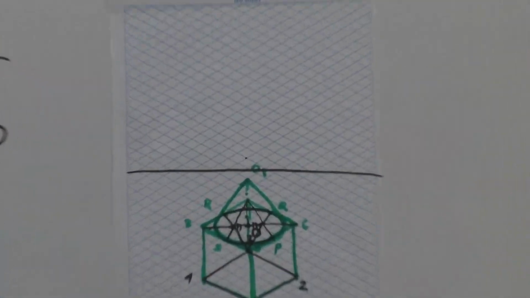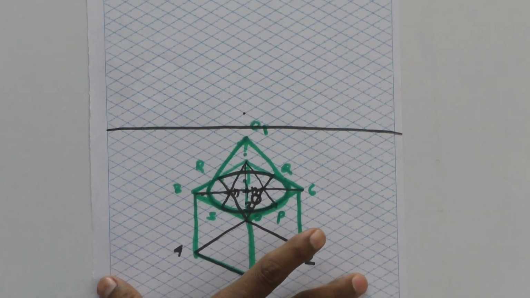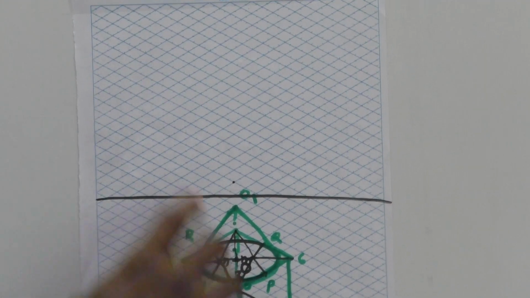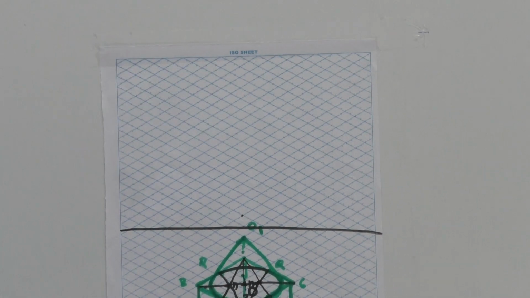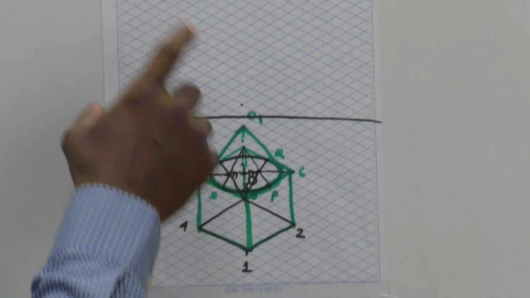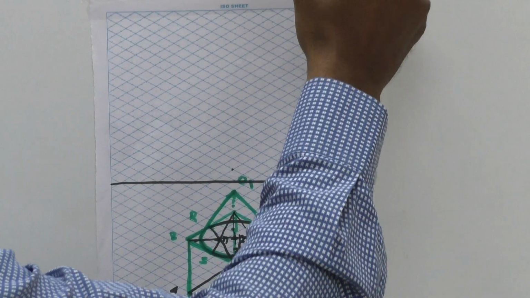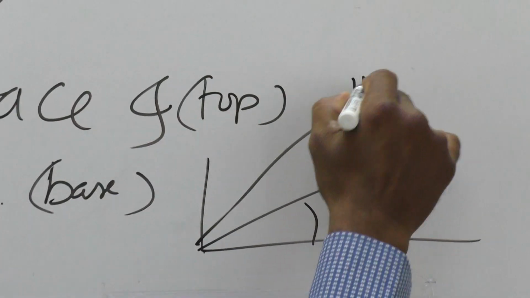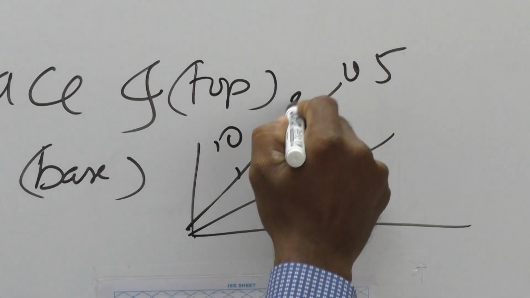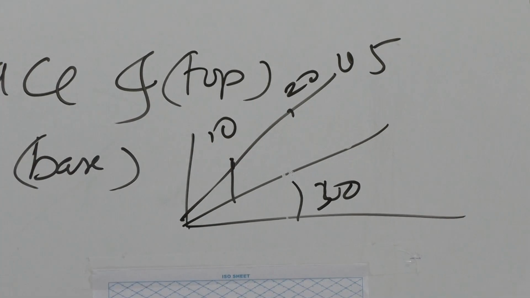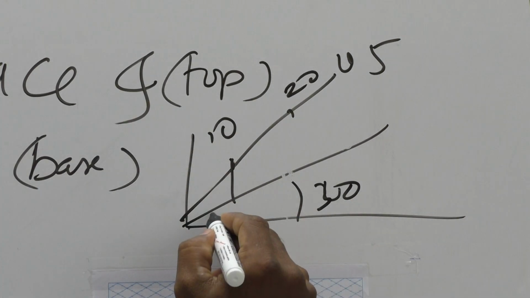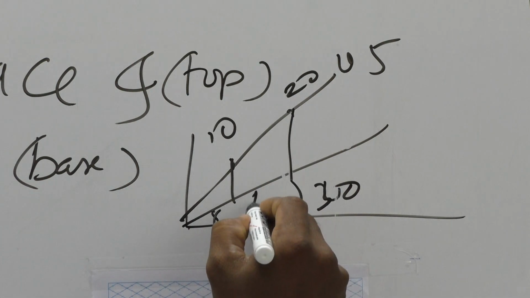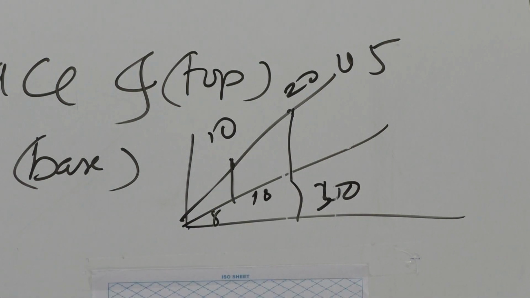Now I think I told very clearly, sir has explained in the previous sessions, that you will be given an isometric sheet of this kind of nature where all the things have been reduced by 0.8. Clear. That means if it is 10 mm as per the ISO scale, clear, I think sir has solved. So it is 30 degree, and if it is 45 degree, clear. If it is 10 mm and 20 mm, if you draw a vertical line which is parallel to this horizontal line, this will be 8 mm and this 20 will be about 16 mm exactly. That means to say all are reduced.